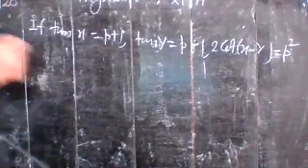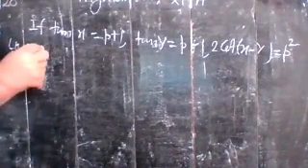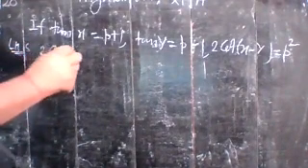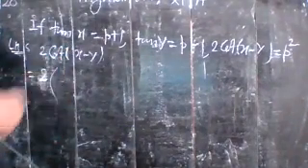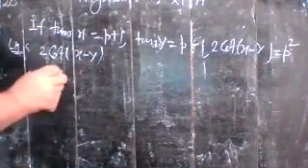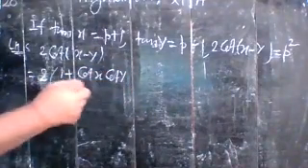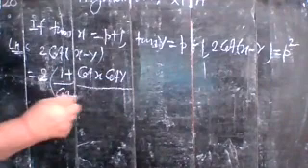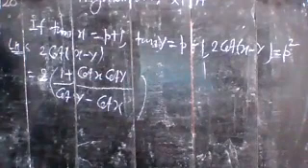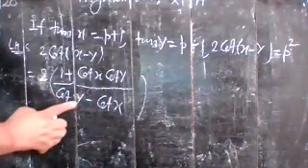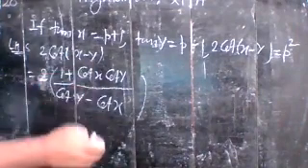Okay, so taking the left side, which is 2 cot of x minus y, is equal to 2 into, the formula for cot of x minus y is 1 plus cot x cot y divided by cot y minus cot x. Note that step. Here you write cot y minus cot x, not cot x minus cot y. Okay, so cot y minus cot x.